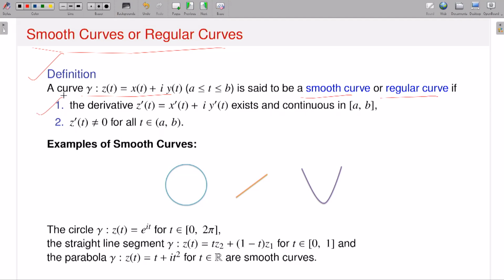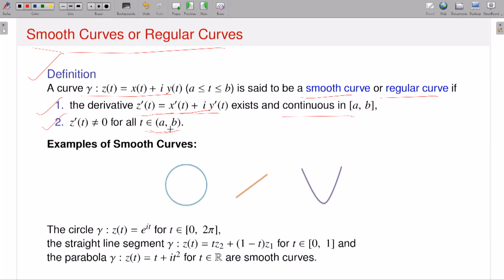if I need two kinds of requirement. One is that the curve should be differentiable. That means the derivative exists and it is continuous, right? On top of that, I need that the derivative is also non-zero if t runs over the open interval from a to b. So what is called a smooth curve or regular curve means it is a differentiable curve. Of course, that means smooth, that means it should be differentiable and the derivative is continuous. That is okay. On top of that, I need that the derivative should also be non-zero if t runs from a